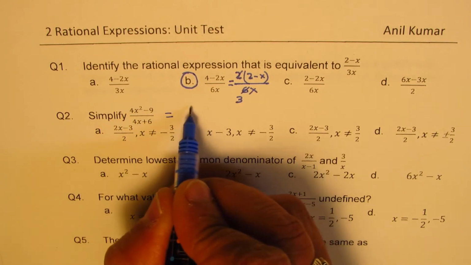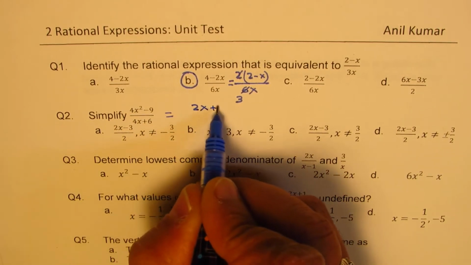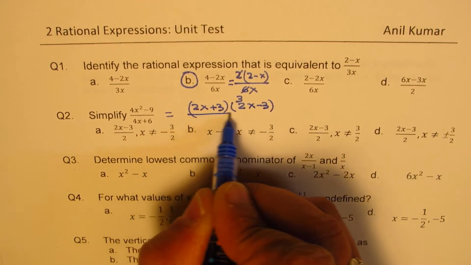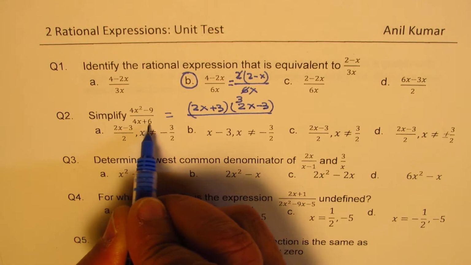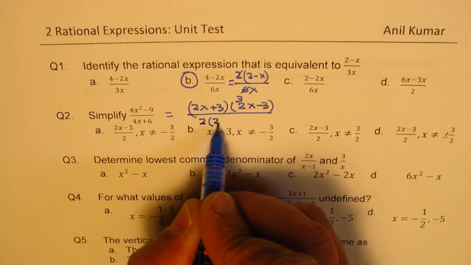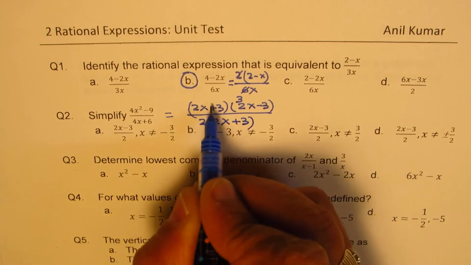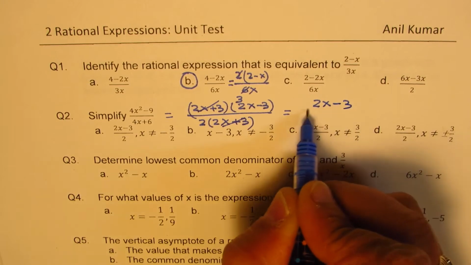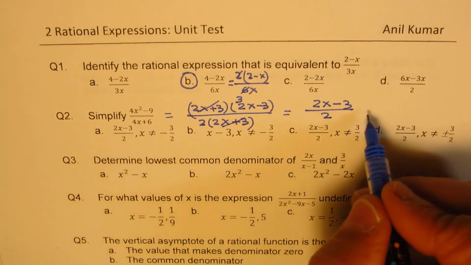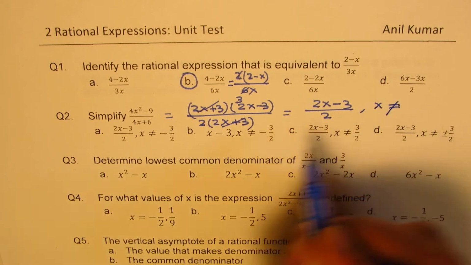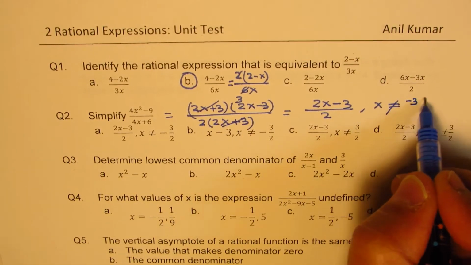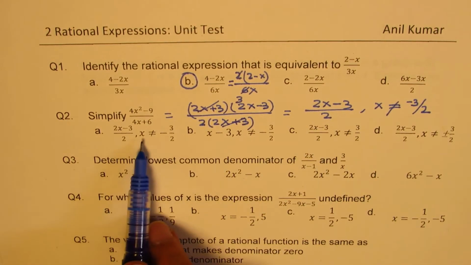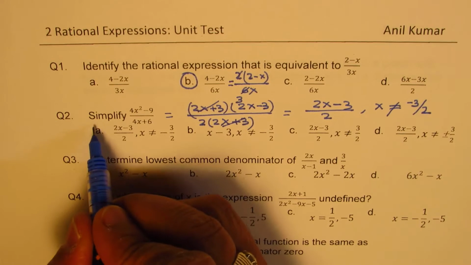I could write the numerator as (2x plus 3) times (2x minus 3), and in the denominator we can take 2 common, so we get 2 times (2x plus 3). So 2x plus 3 will cancel, and we are left with (2x minus 3) over 2. The restriction here is that x is not equal to minus 3 over 2, correct? That should be the right answer: (2x minus 3) over 2, x not equal to minus 3 over 2,